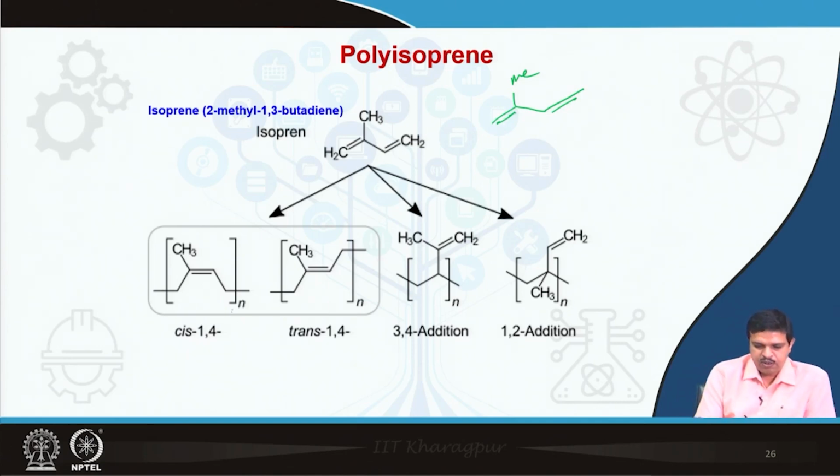So, here you will see this is cis 1,4. Okay. This is cis 1,4 because here you will see this is the cis, this is the trans 1,4. So, here you will see this is the trans, this is the cis. Okay. This is 3,4 addition. Okay. So, here you will see, if I number 1, 2, 3, 4. So, you will see 1, 2, 3, 4 from here. So, if I start from here 1, 2, 1, 2, 3, 4, here also, that is why it is called 3,4 addition. This is the 3, 4, 3, 4. Okay. So,